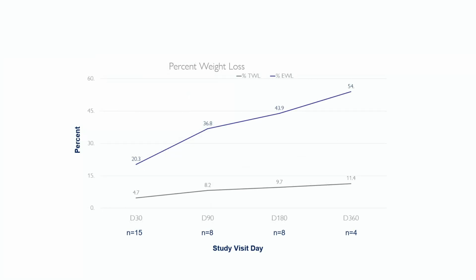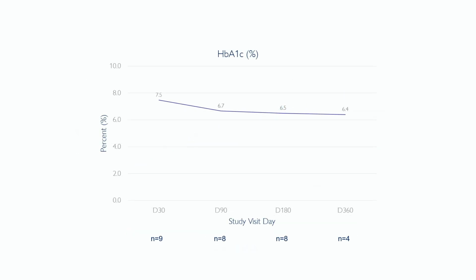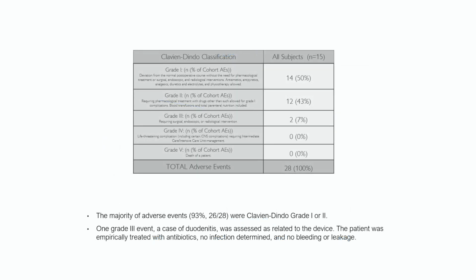We've had up to 54% excess weight loss at 1 year with just an anastomosis between the duodenum and the ileum. And we've been able to drop the hemoglobin A1C close to 6.4 at 1 year. The numbers are small, but we need the total 15 patients to see if we're going to go below 6 in these patients, with minor side effects and a procedure that is between 30 minutes to 60 minutes to do